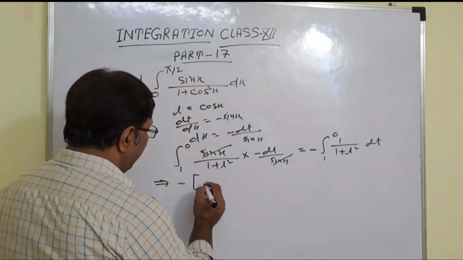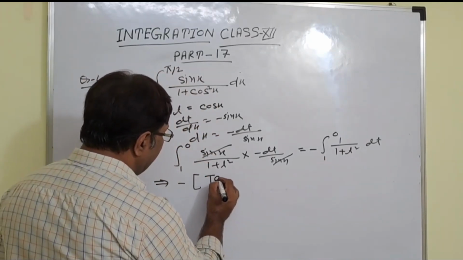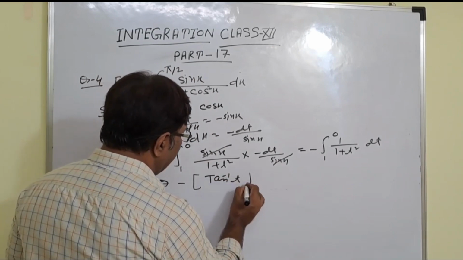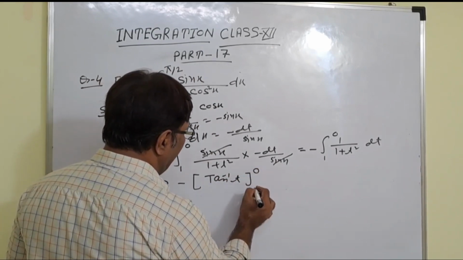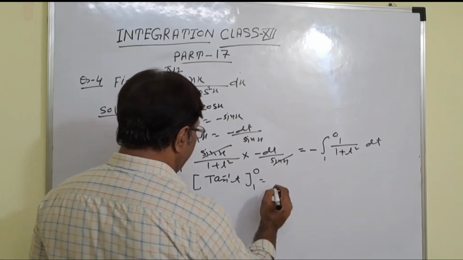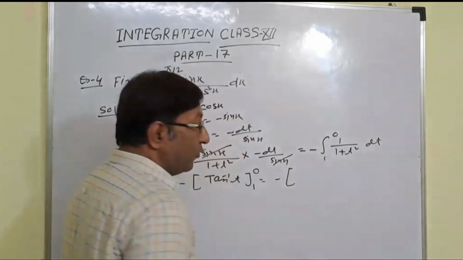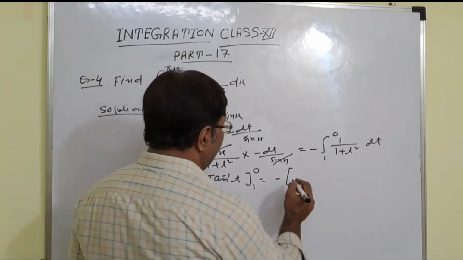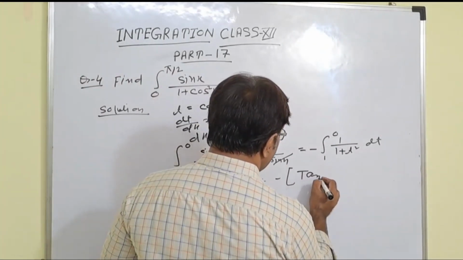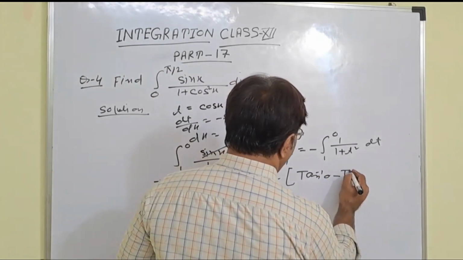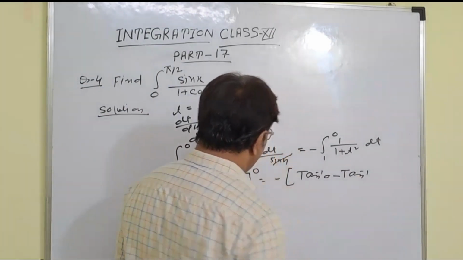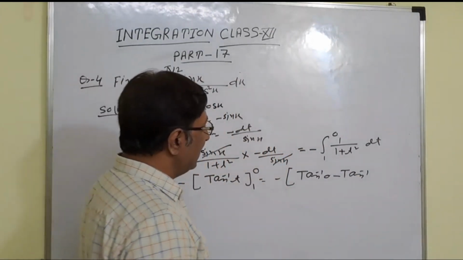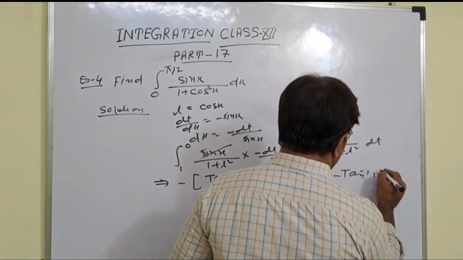So we will write here tan inverse t. Upper limit is 0, lower limit is 1. So here minus, just put the upper limit 0 first, so tan inverse 0. So we will get here tan inverse 0 minus tan inverse, lower limit is 1, so this is tan inverse 1. So now you